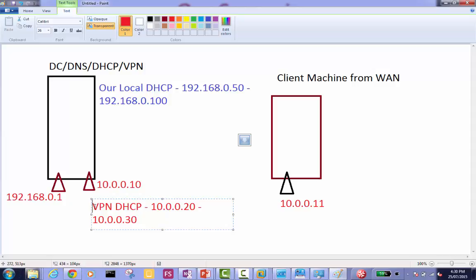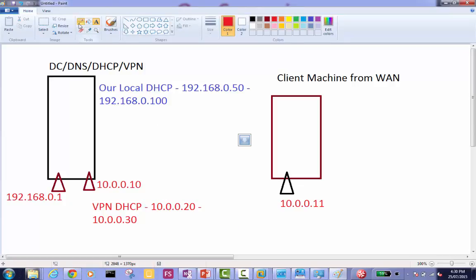So our local DHCP already has this, but when the client connects from outside, when the client makes a connection from here to this VPN server, this network interface will receive that client connection, and we are giving this 10.0.0.11 to the client machine because we need to communicate this client with our local VPN server.